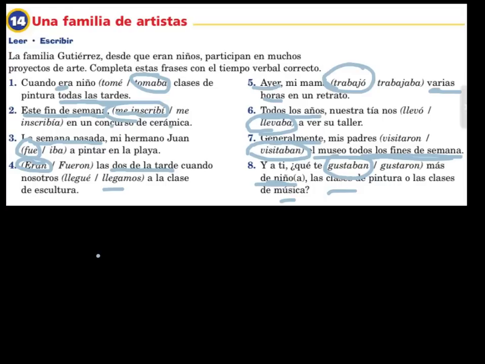Remember to keep in mind and watch out for those clue words and ask yourself the 4 questions. Do I know when it started? Do I know when it ended? Do I know how long it lasted? Or do I know how many times it happened? If your answer is yes to any of those 4, you're going to use preterite. And then on the other side of things, for imperfect, you're paying attention to, well, is this something that happened multiple times? Do I know how many times? Is this something that is merely setting the scene for something else that happened? And if it's setting the scene, or if it's a repetitive or habitual action, we use the imperfect.